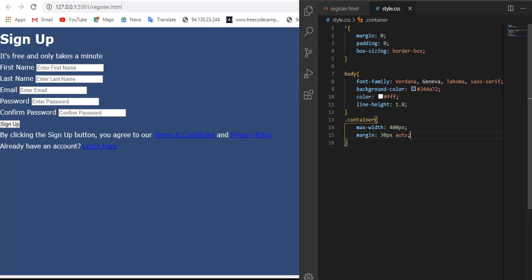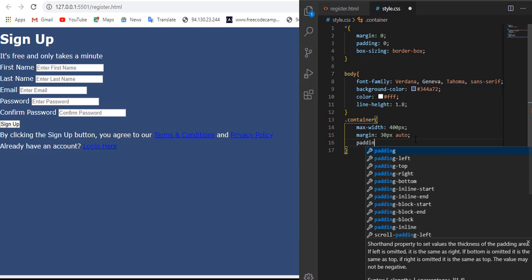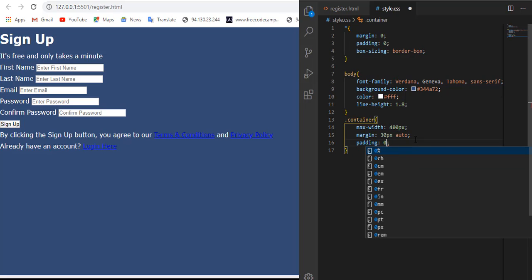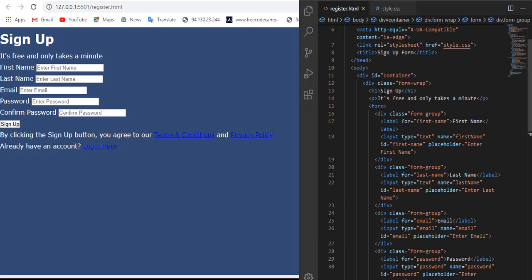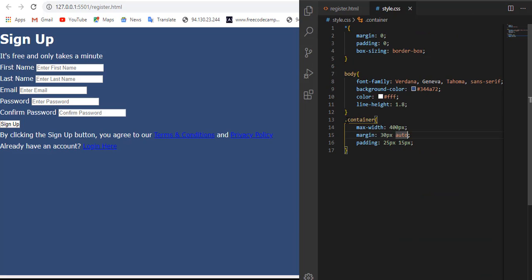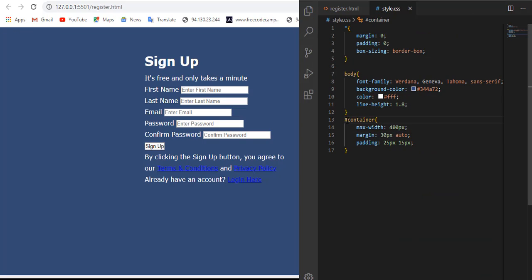If I save, let us add some padding, 25 up and down and 15 right and left. So it's not changing, I think. Container. So let me check the markup if I spelled it wrong. So it's an ID, not a class. So here, let me save. So you see it changes.